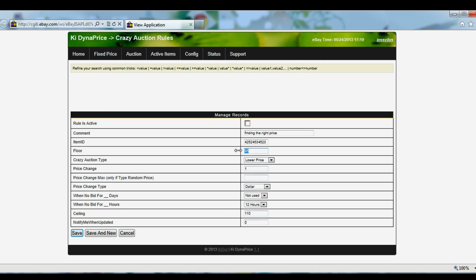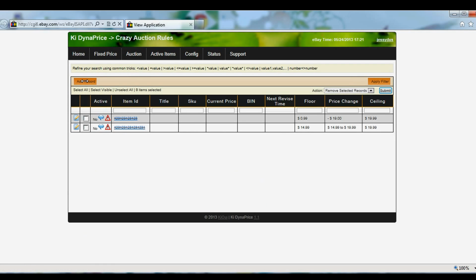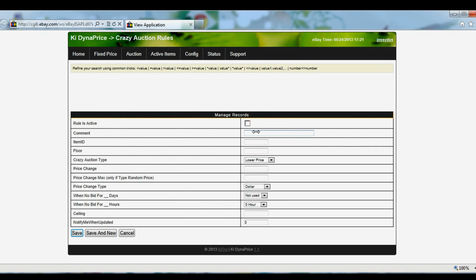And hopefully, some people will bid on it. Some people that might not bid at 100 would bid at a lower price. And so it will go lower and lower till somebody puts a bid or not at all. So another option that you can do as well is raise the price. I'm not sure if there is some use case for it, but I could see trying to create an item like this that would start at 99 cents and that would raise the price by, let's just say, 1 cent